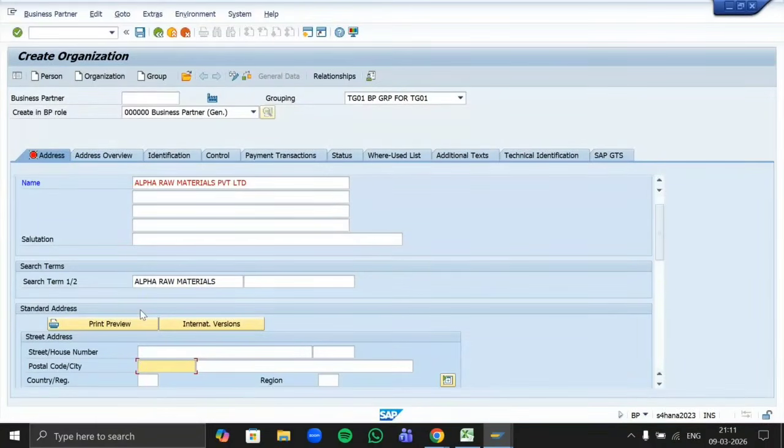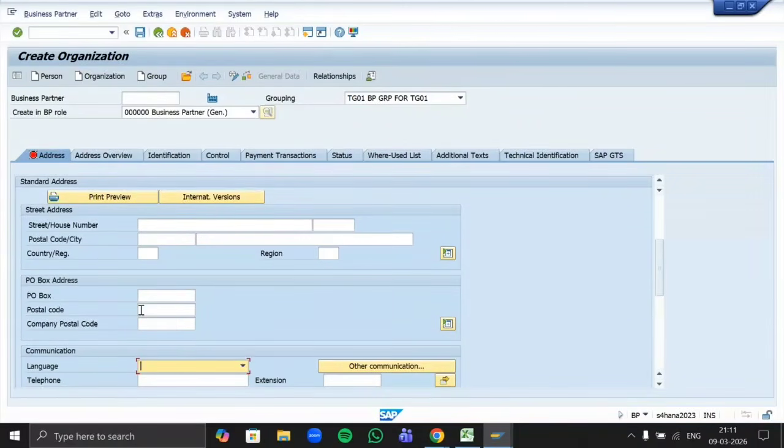Now here in the street address tab, you have to mention any random address of our company. So it's not necessary to have a specific one. Let's mention as a Business Park Tower.